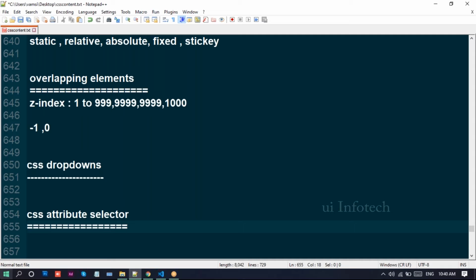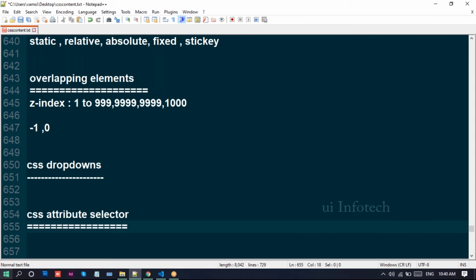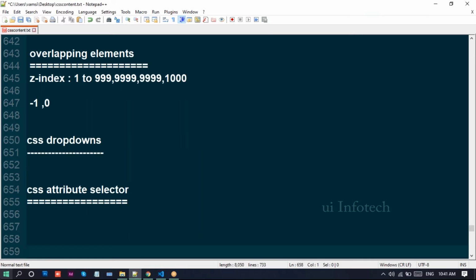Attribute selectors provide a powerful way to apply CSS to your styles. Like for forms, there is no need to take any class names for styling these forms. We are creating so many forms in this HTML. For these forms, we need to apply the CSS using attribute selectors.